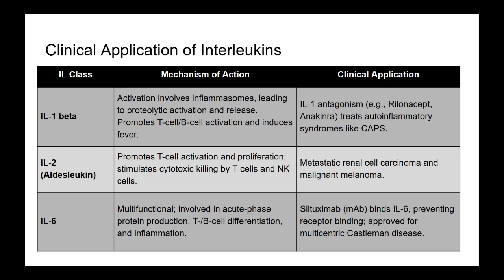But using these natural signals directly sounds inherently risky, especially given that property of pleiotropism you mentioned earlier, one cytokine affecting many cell types. How does that complexity translate into a clinical challenge when you try to dose these agents? You've hit on the core issue. It creates a massive clinical dosing challenge, and frankly, it's the major limitation of using many cytokines directly as therapies.